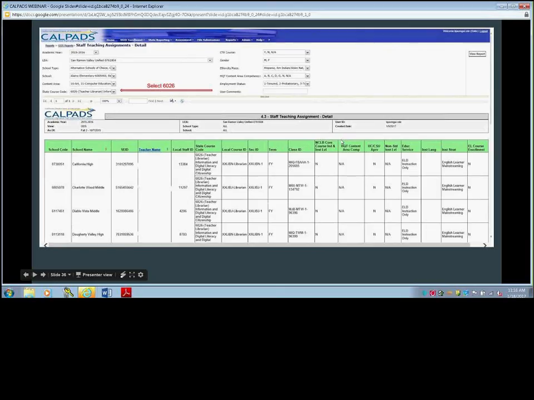Make sure you validate those counts using this report before you hit the certify button, because unfortunately, currently in CalPADS, there is not another report available that will group these individuals into that classification. You're not going to be able to see them overtly in any other aggregate report. So you want to pay attention to 4.3, the detail.